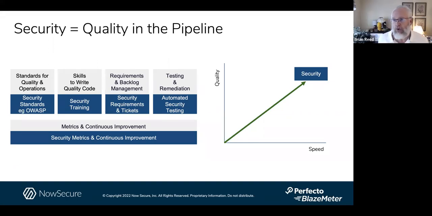You need to have clear security requirements going into it, right? So it's the product management team generating those requirements, the security team working with them on those requirements and managing those in the backlog. And of course, you have to automate everything. In today's world where the velocity is going faster and faster, humans can't keep up. So you've got to leverage some combination of automation and then human ingenuity, right, to maximize that yield in terms of coverage, cost, and time. And all of it has metrics sort of underpinning it.